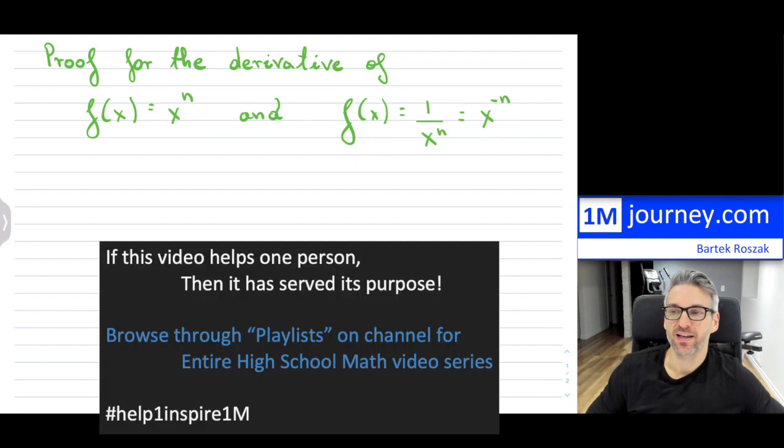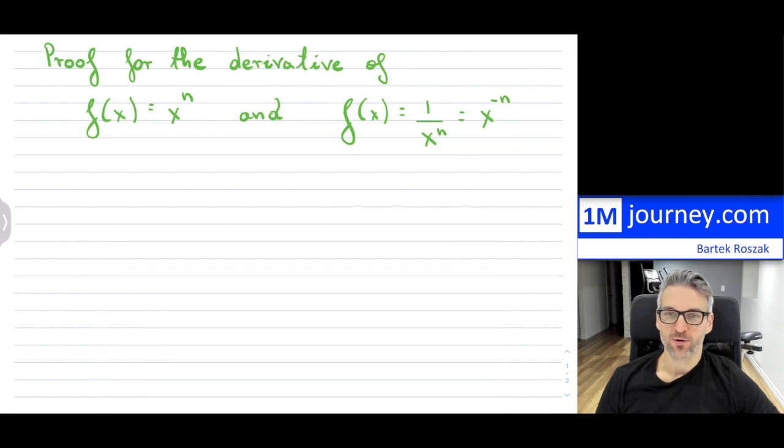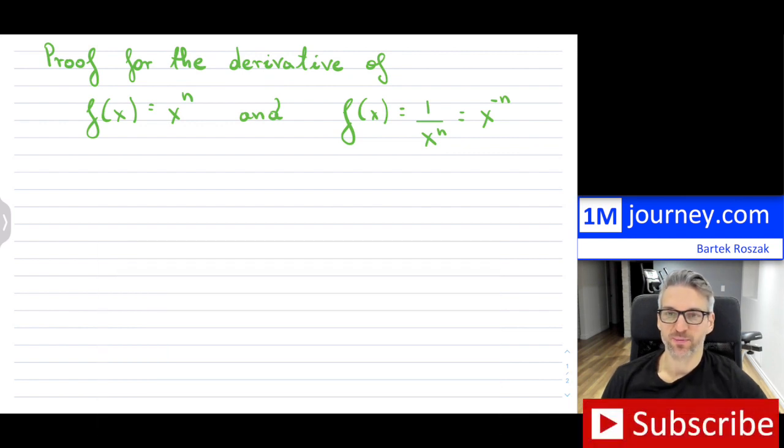Hi, welcome in. So we want to be able to prove the derivative of basically a power function here. I've shown two power functions: one with a positive exponent and one with a negative exponent. You can tackle them in exactly the same way, and I want to show you how